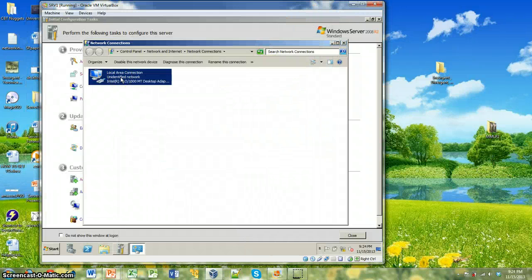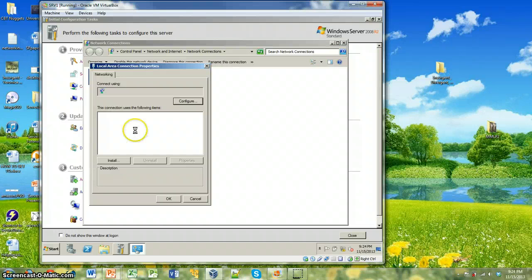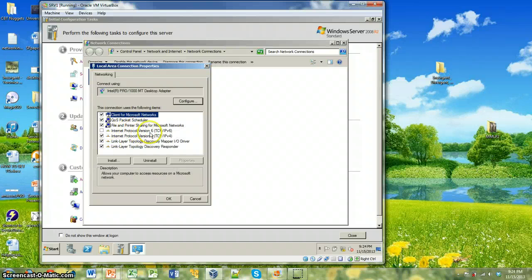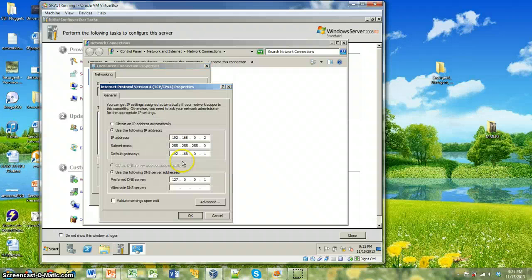So in our server, we're going to go here to our only network connection, go to properties. And we're not using IP version 6, so I unchecked that, and we're going to use IP version 4 when we go to properties. Initially, it's obtaining an IP address automatically. With the server, we're going to change it to use a static IP address. So we don't want the address of our server to change. So we're going to make it